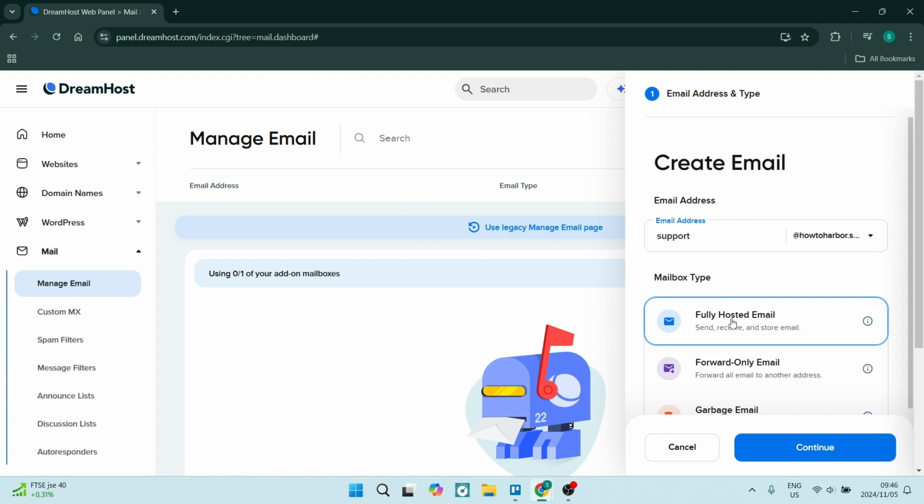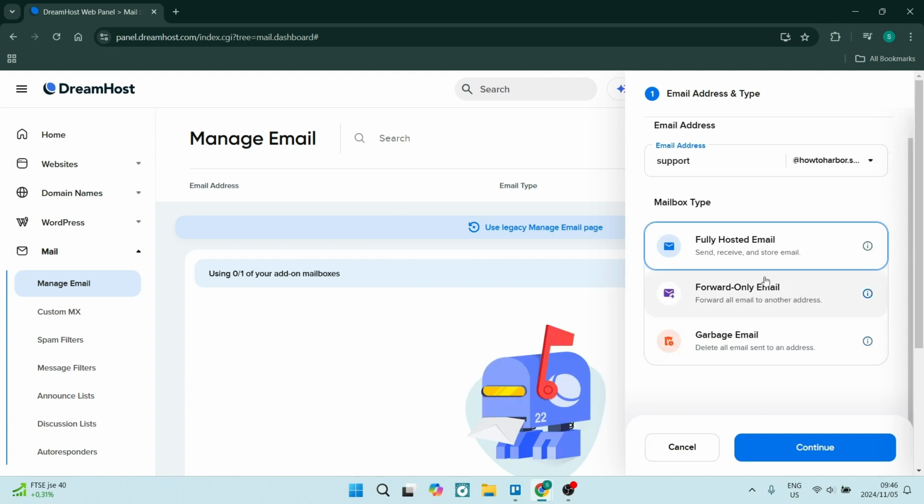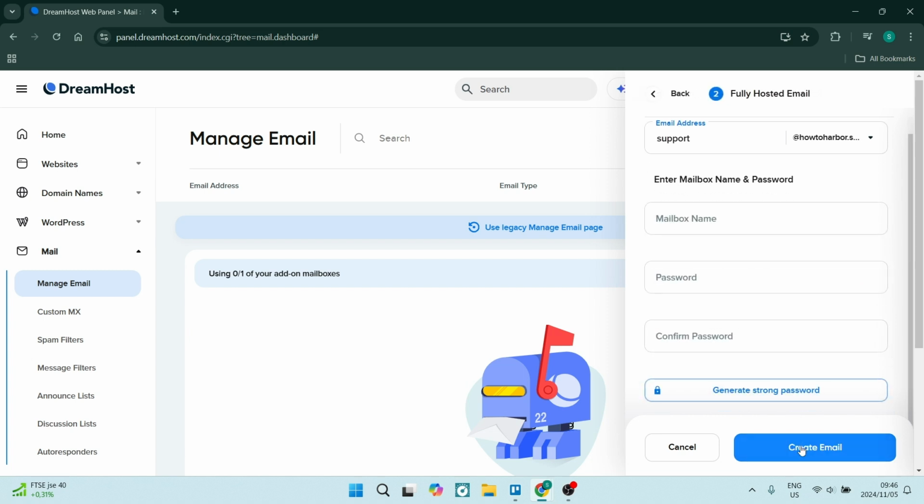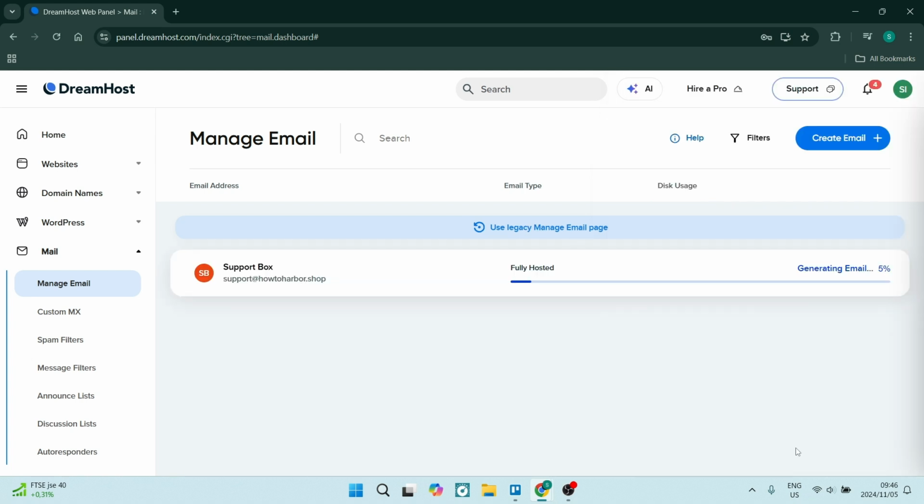And here we want to choose fully hosted email. This will allow you to send, receive, as well as store email. We're going to go ahead and click on continue, and over here you'll have to add a mailbox name and then a password. Okay, so this will take a few seconds to actually generate, but once it's generated, we can